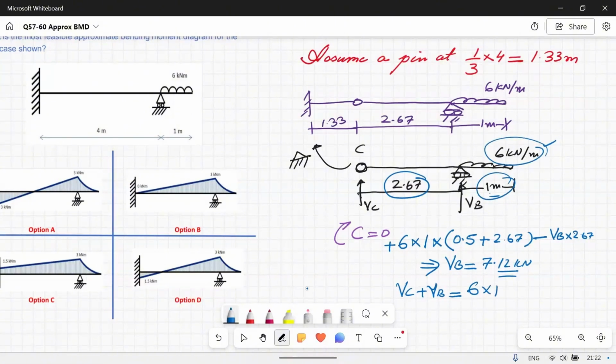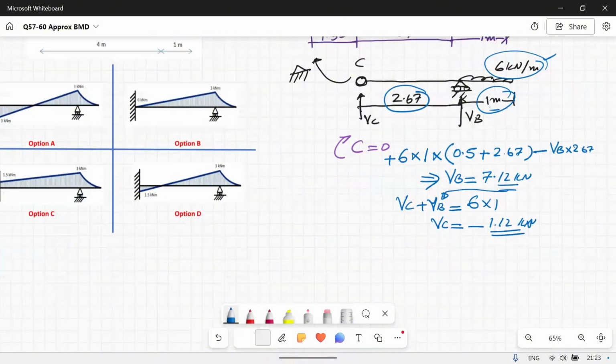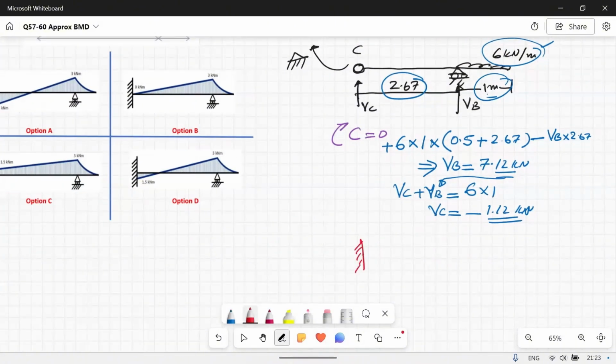So if I put the value of VB over here, then I will get the value of VC as equal to minus 1.12 kilonewton. And when you've got the value of VC as well, then you can draw the diagram. Here it's negative on the right side, 1.12. If it is downwards, then it will be upwards actually on the left side, 1.12, and this distance is